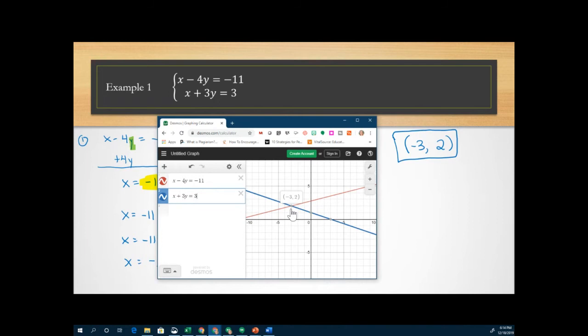So the solution is basically saying we have these equations and we're looking for where they are both true. So we're looking for a point that works in both equations. An example of this in the real world would be a break-even point. So maybe, let's say, now this doesn't make sense because it's in the negatives, but maybe the blue line, if you're in the business world, that could be, I don't know, well, that may not even be going down, but